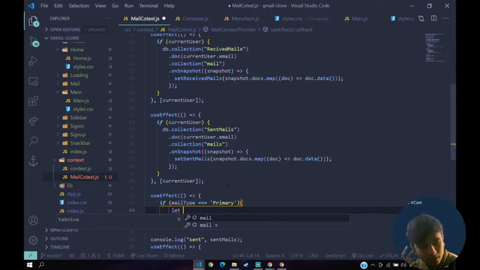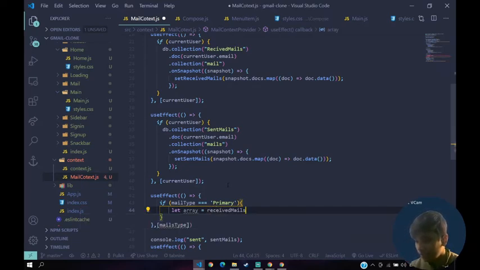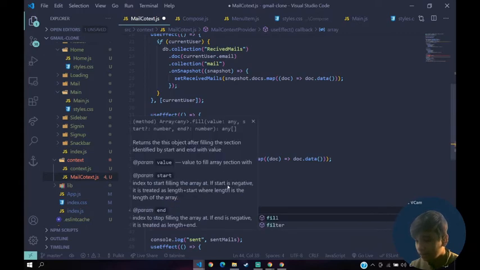We'll let array, this is how you filter an array. We'll say received mails dot filter.